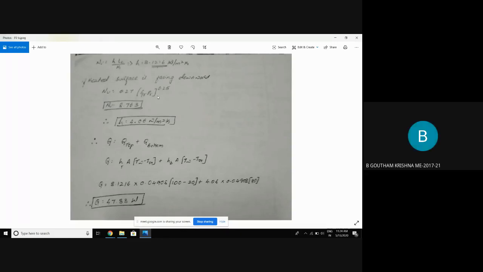Then don't proceed to take both sides, upward or downward, unless they mention it. If they don't mention both sides, then consider only the upside. Then find out the value of Q. So this also changes here. In forced convection, we took Q total with everything done for one side, multiplied by 2. But now here, we should not multiply by 2. The H value for top is different, the H value for bottom is different. Calculate that value and then find out the value of Q total.